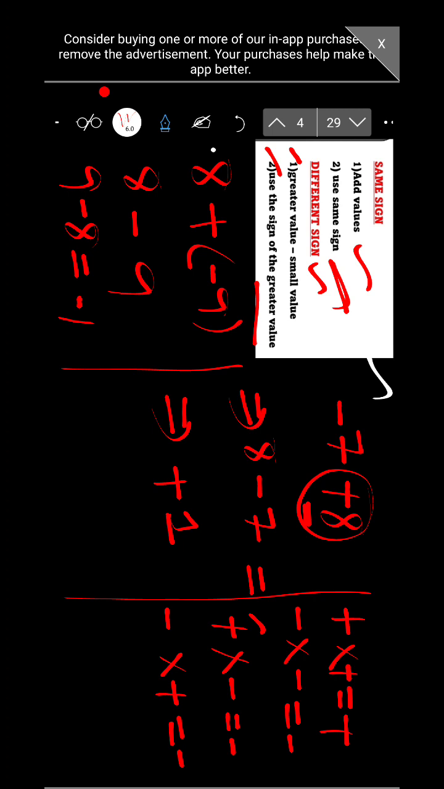First we'll take the examples of additions. We already discussed, but we need to take the example of